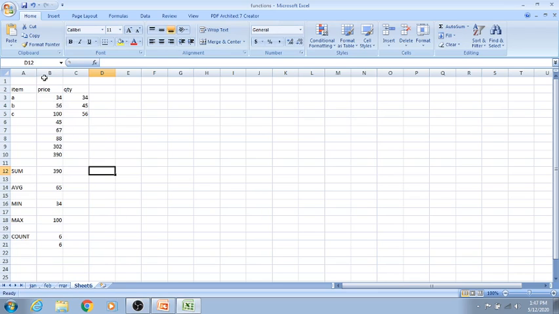Just see here, like price and quantity and value. Suppose I have written equal to B3 into C3. It is 1156, and I have dragged the formula down like this. Okay, the formula has been copied and the value has been calculated. But as soon as I make this 34, see, the previous value is 1156. If I make this 34 as 67 and I press enter, see it has changed to 2278,